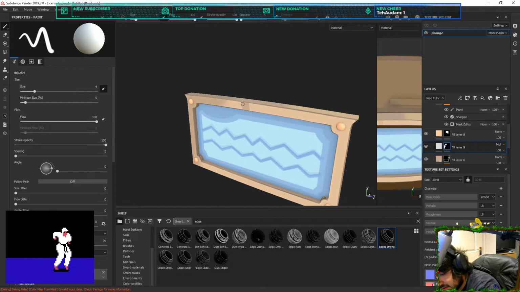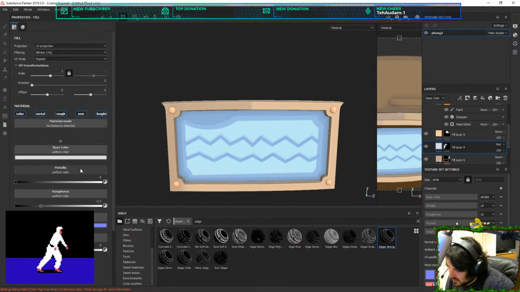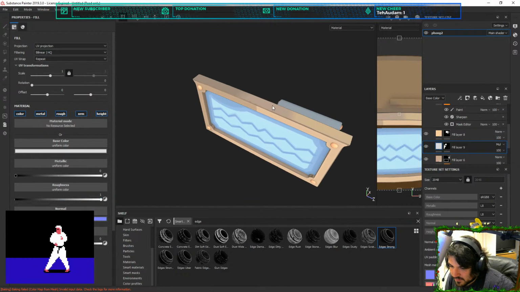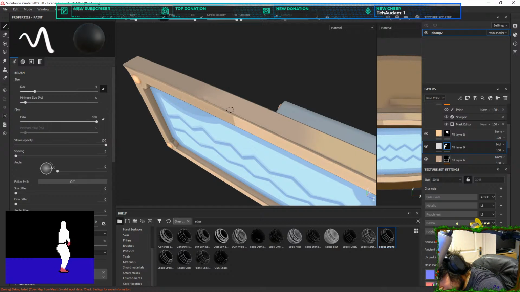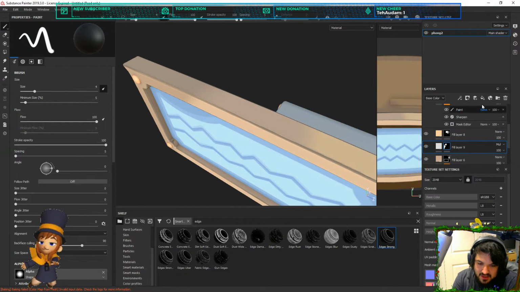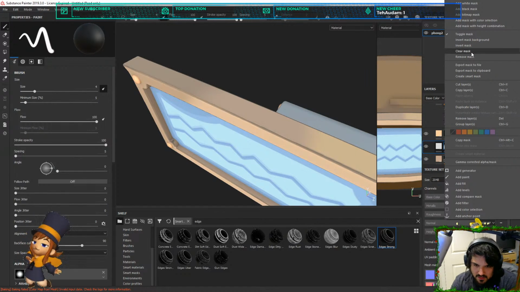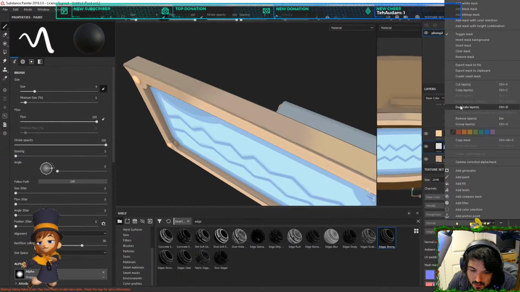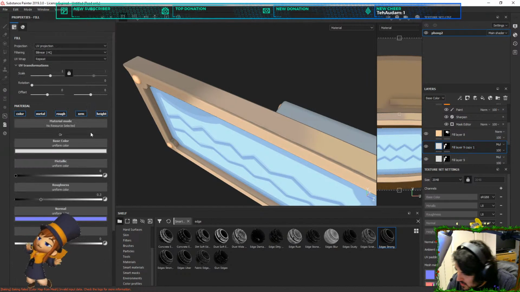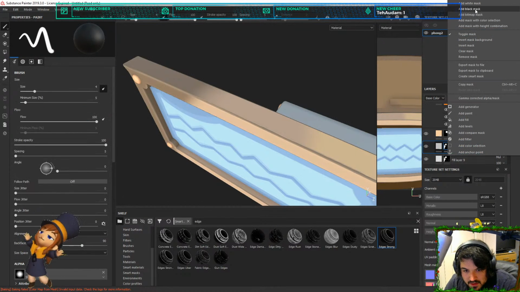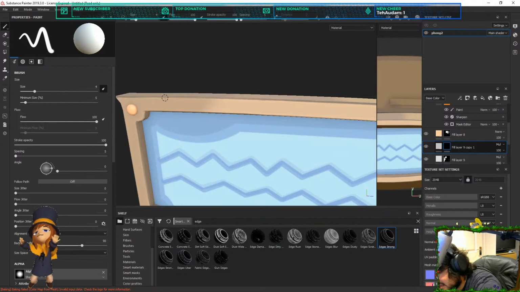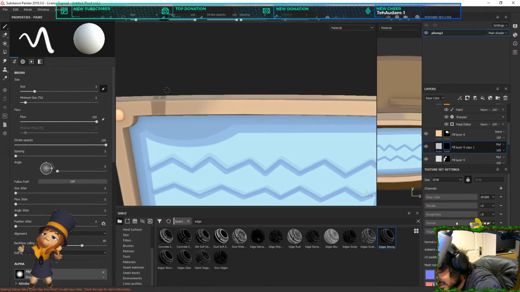I could always have that bit coming here where the shadow of the sign will be. Oh wait, there you go. Oh wait, yeah, I can't do that, can I? We'll have a second shadow layer then. Duplicate. I got a lot of shadow layers. And black mask. So this will be the shadow where the sign is, which will come along here. I wonder if the best bet is to just do something like this.